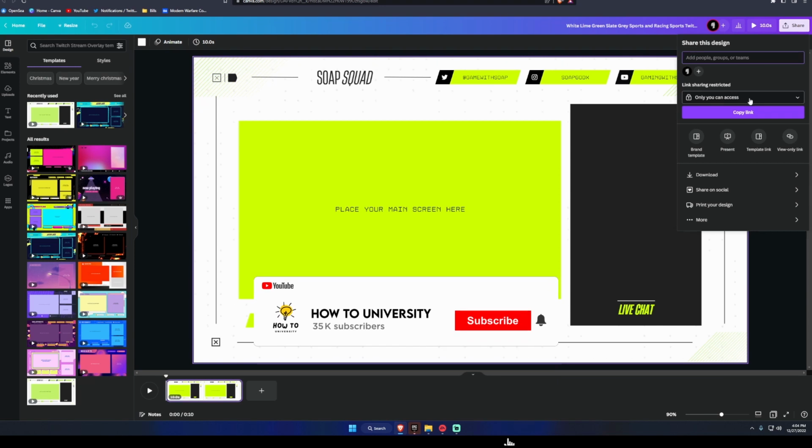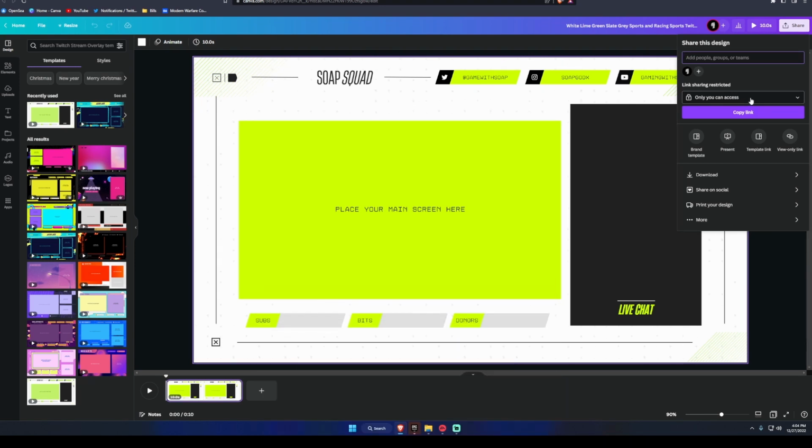Also, if you want to give certain specific access to this project, you can do it right here in this drop down: only you can have access, only the creator's team can have access, and anyone with the link can have access as well. So what you're going to do next is go ahead and hit that share